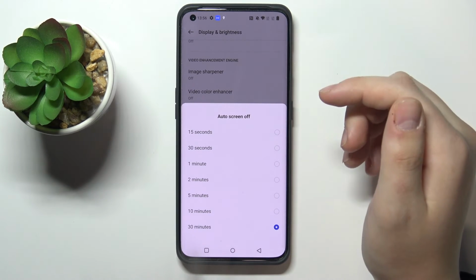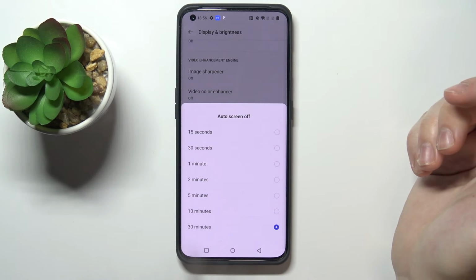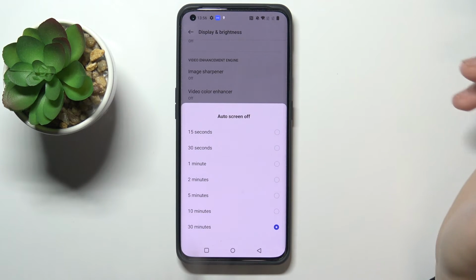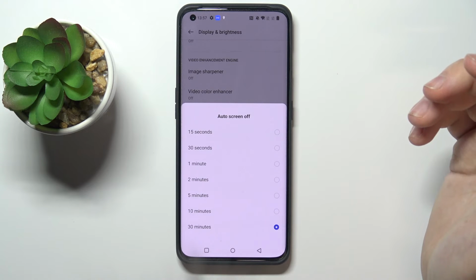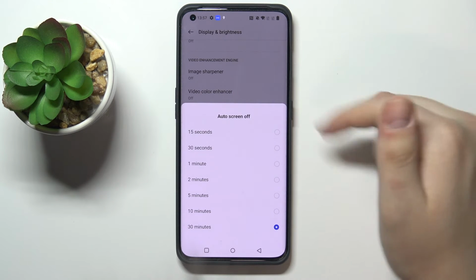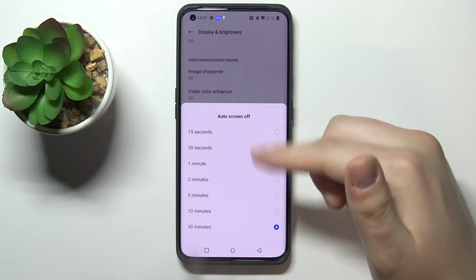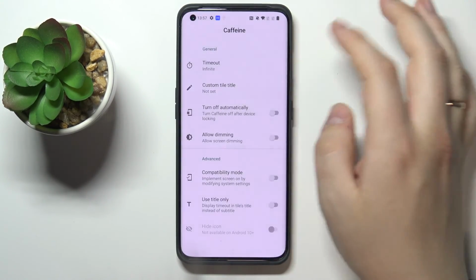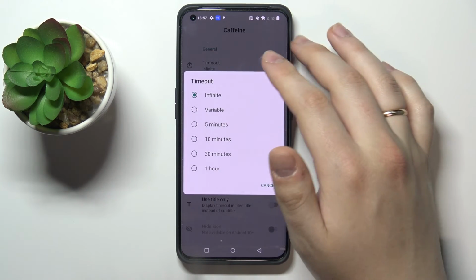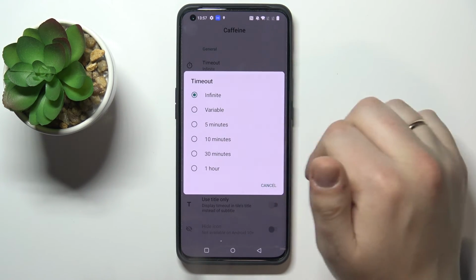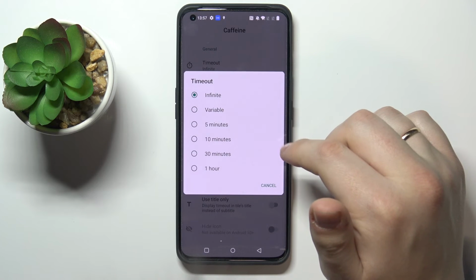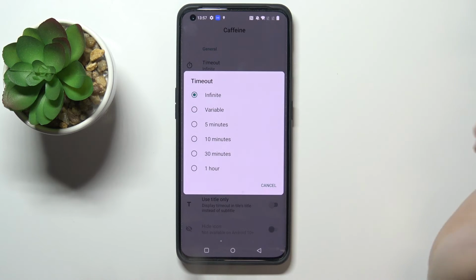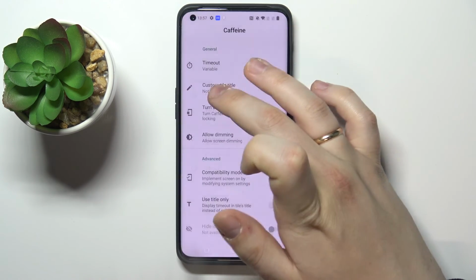But in case you ever wanted to set the sleep timeout to never, so the screen of your device will not automatically turn off after some fixed time of idleness, this app will definitely help you with it. So we'll go ahead and open it, don't show again, and here we can see that with the little help of this app we're able to set the screen timeout option to infinite, or there are also some other values like 1 hour or 30 minutes. So I'll just go ahead and choose infinite,